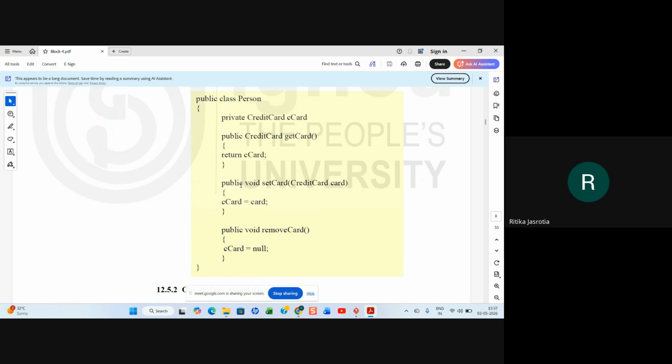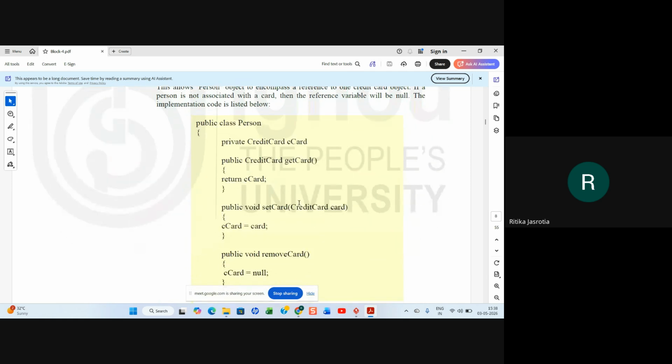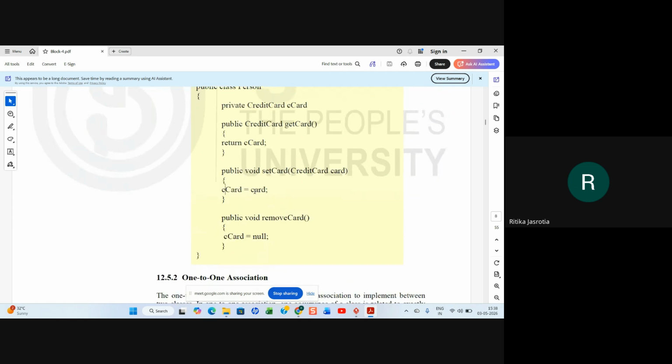So this way they have put it. You are creating a variable CreditCard cCard, and you can get it with public CreditCard getCard. So this is your cCard, and if you want to initialize it, you are setting the card to this card.